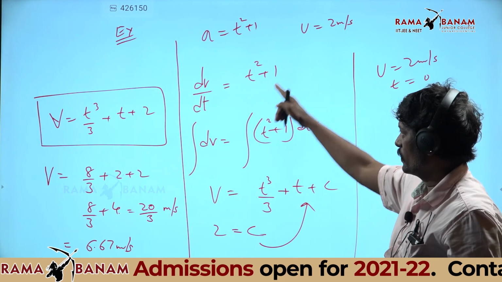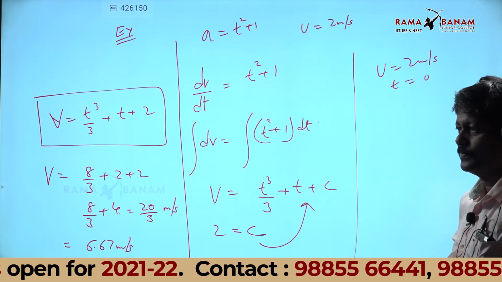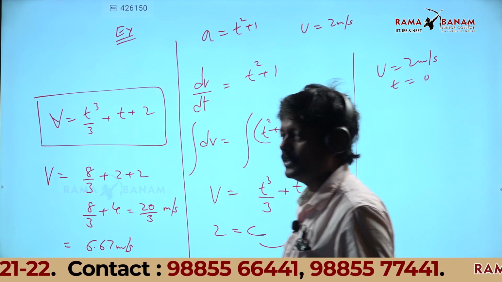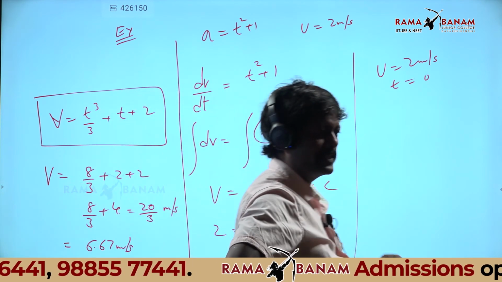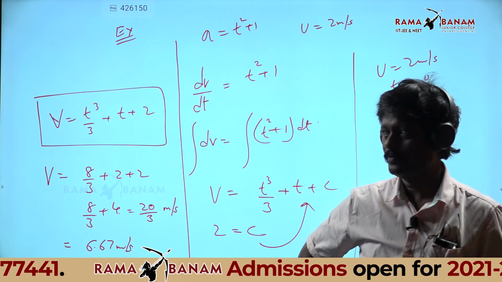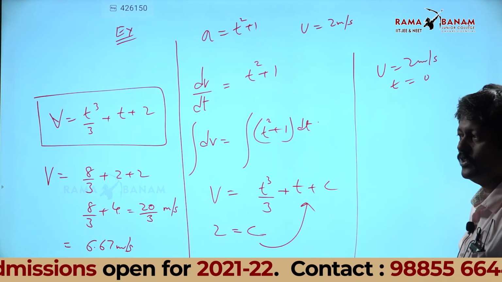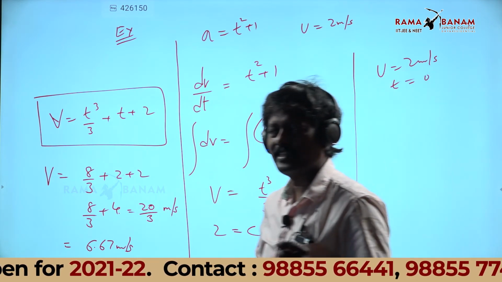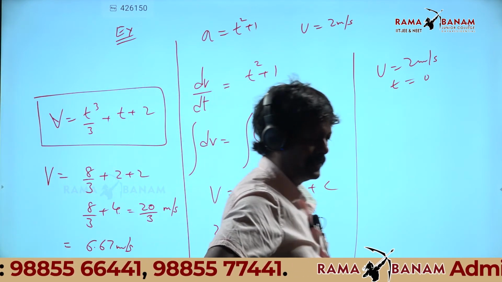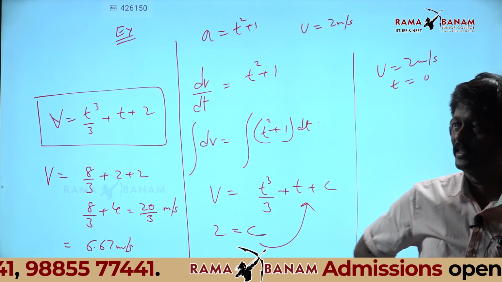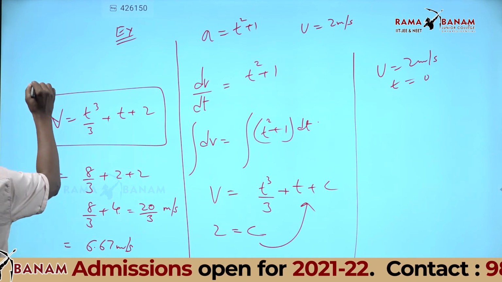Now write down, I will explain once again. Integral dv is v, integral dt if you have t, integral dx is x, you have to remember those. See how beautiful the integration constant we got. We get the integration constant from the conditions given in the problem. Then substitute back that integration constant, you get the velocity equation. This is the velocity equation.